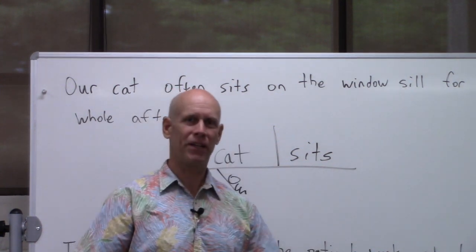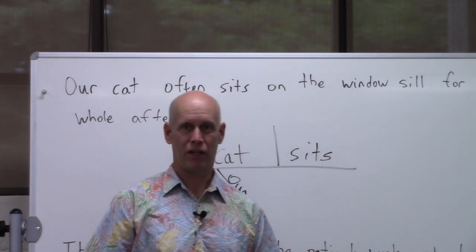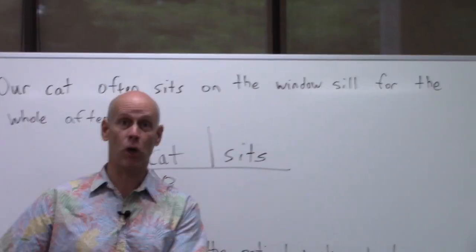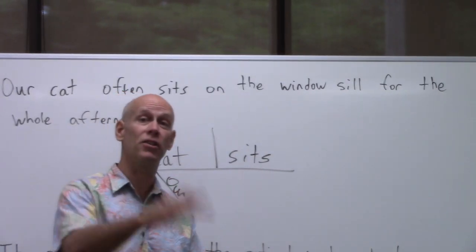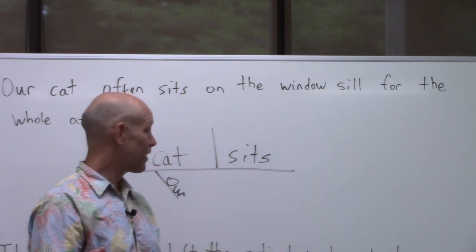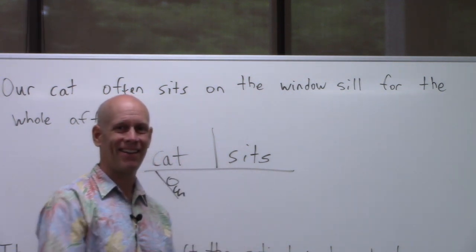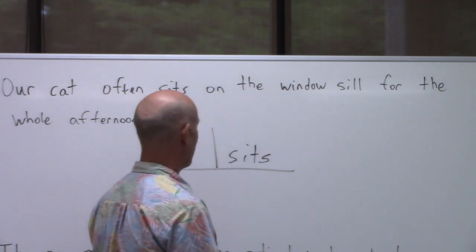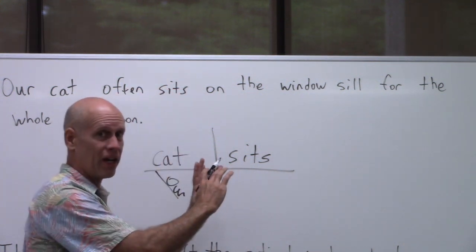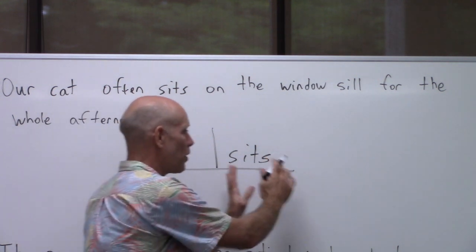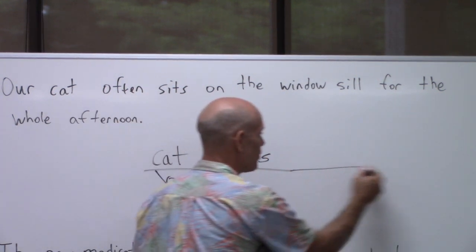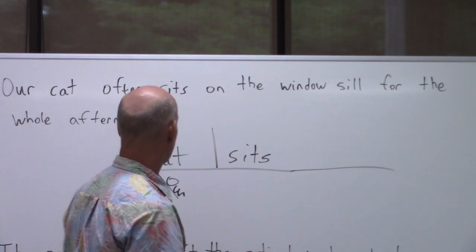Can you sit something? No. Well, you can leave a fortune, right? You can break down some goals, right? You can crowd the beaches. Is the cat going to sit something? No. Okay. So all the rest of this stuff then, if it's not telling us which cat or what kind of cat, it's all going to be adverbial, giving us info on the type of sitting that's going on.